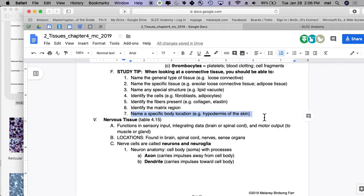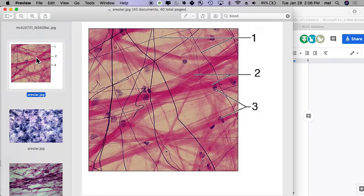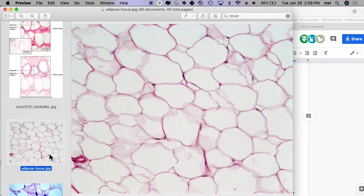And then, of course, the things that students hate is specific body locations. So let's do a little practice on specific body locations so that you guys will get a little more confident at it. So let's do a specific body location for this tissue. It is in the subcutaneous layer, also called fascia, right? So that's good. What about a specific body location for this one? Subcutaneous layer would work as well, right? Somebody put surrounding some organs. What about the person who put stomach? Not specific enough. First of all, the stomach is an organ, and it doesn't have any of this tissue in it. If they had put subcutaneous layer of the abdominal region...